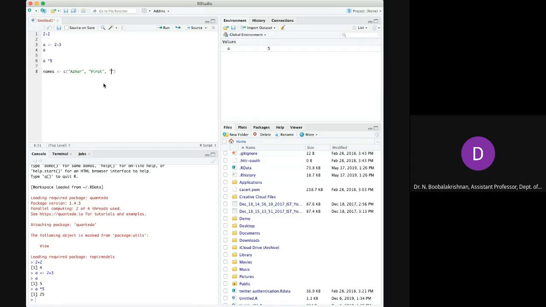Then I need at least 5 or 6 people. Any captain name. Dhoni. Sachin Tendulkar. One more.